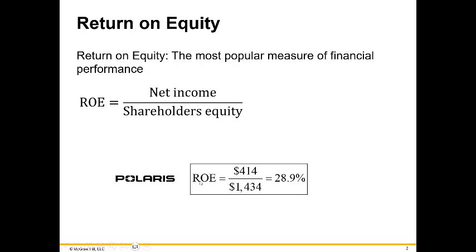So anyway, we've got the ROE numbers here for 2020 for Polaris, 414 million in net income divided by 1.4 billion in shareholders' equity, book value of equity, for an ROE of 29%. Is that good, bad, or indifferent? Well, it kind of all depends, right? We want to compare it to this company in the past, see how they're trending, and we also want to compare it to other companies in the industry and then maybe other industries, because this is ultimately kind of a metric of